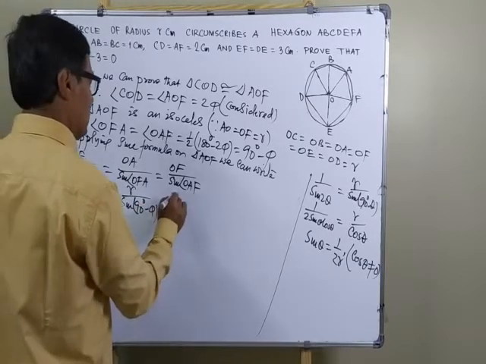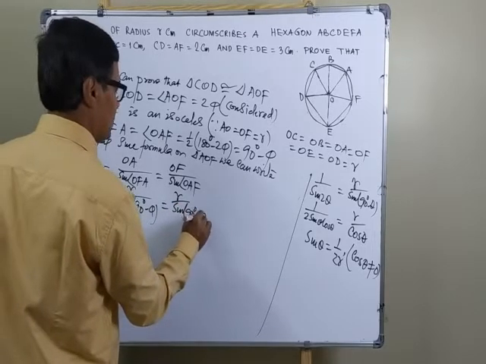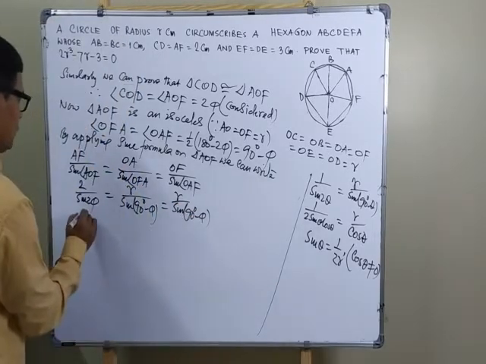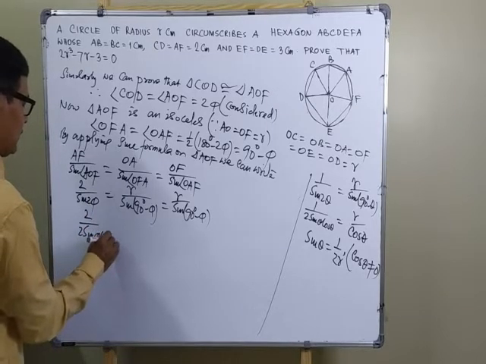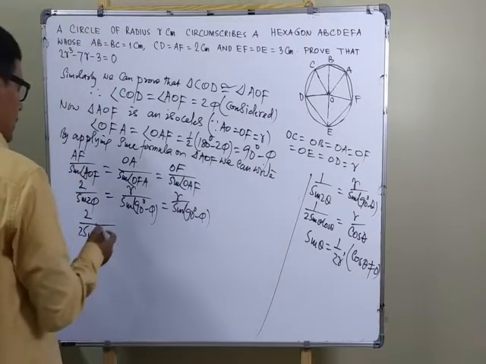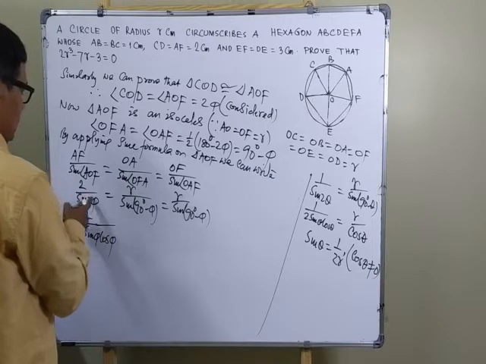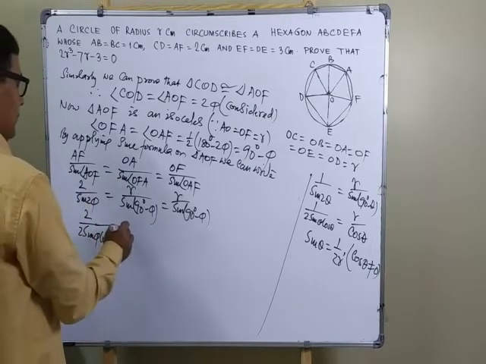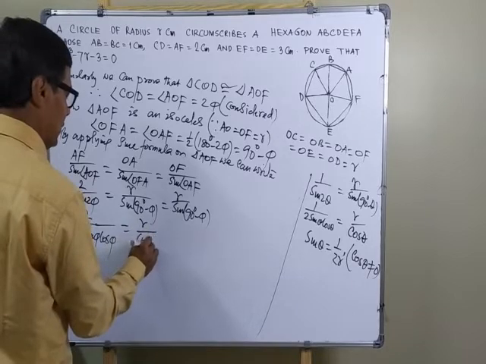This is also equal to R over sine of 90 minus phi. So 2 over 2 sin phi cos phi, by the formula of multiple angle sin 2 theta equals 2 sin theta cos theta, is equal to R over cos phi,